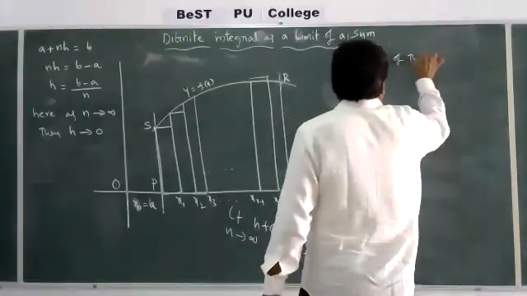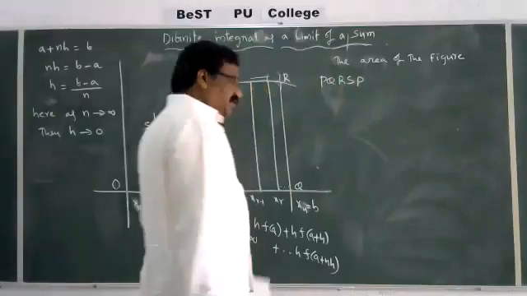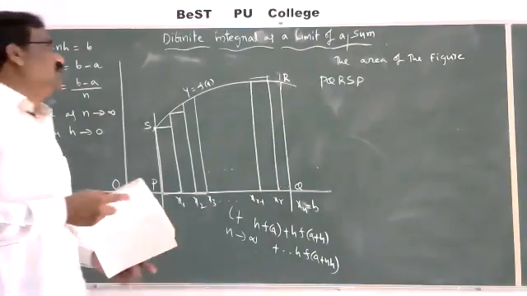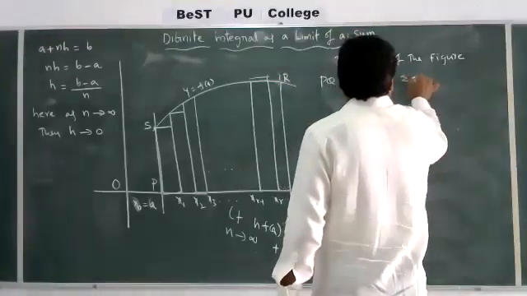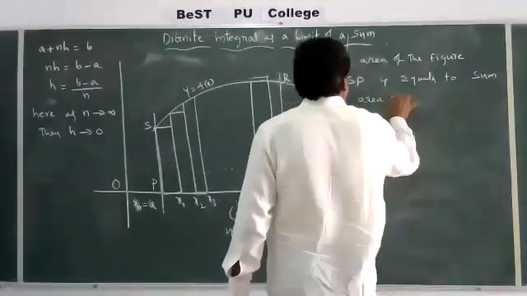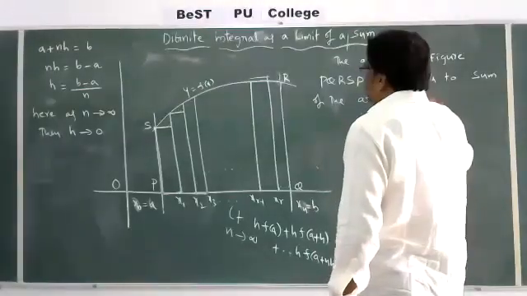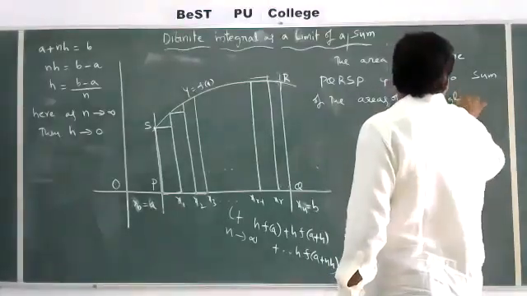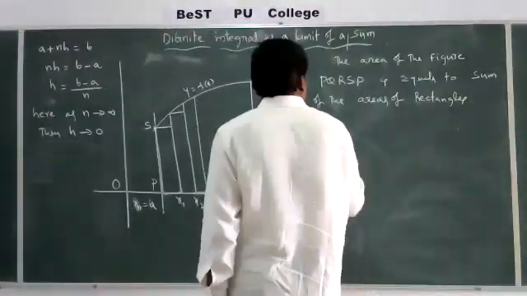The area of the figure PQRSP is equal to the sum of the areas of rectangles, that is